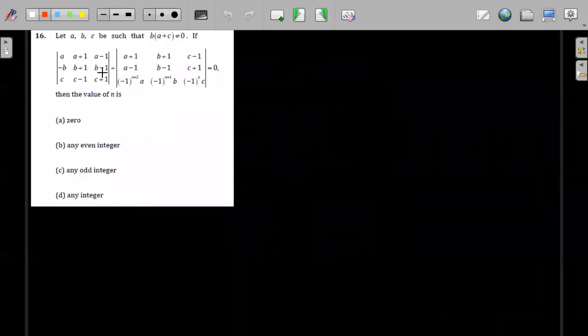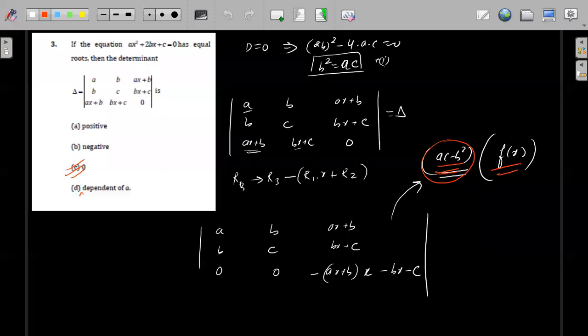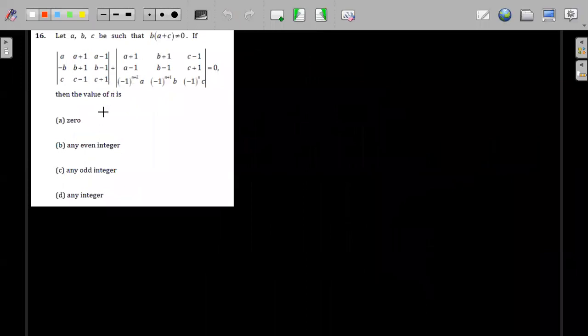Fine. Next one. Now this was the question asked. Row 3 is equal to row 3 minus row 1 into x plus row 2. Acha, you are saying C3 also can be written in that form. Okay, that is okay. If C3 you can also write in that form, it is okay. Okay, yeah. So next is this one. Acha, C3 implies C1. Okay, if you have done some elementary transformation, that is okay.